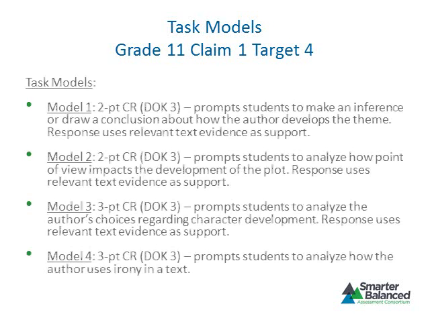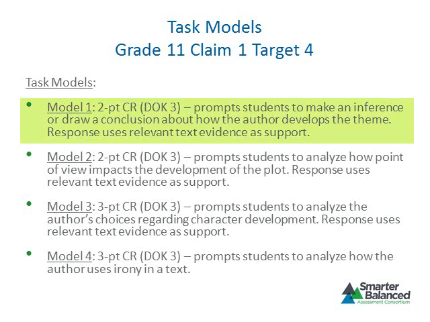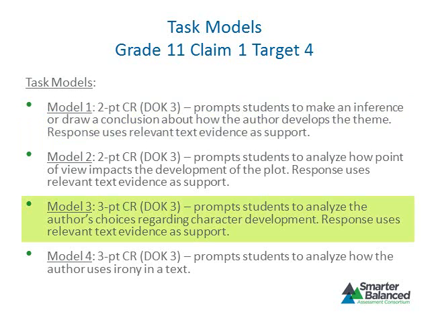There are 4 task models specified for this target. Each task model uses a constructed response to elicit evidence from students. For the first task model, items will prompt students to make an inference or draw a conclusion about how the author of a given text develops a theme. Items based on this model will also elicit responses that provide relevant evidence from the text to support their inference or conclusion. In contrast, Task Model 3 specifies that items should prompt students to analyze the author's choices regarding character